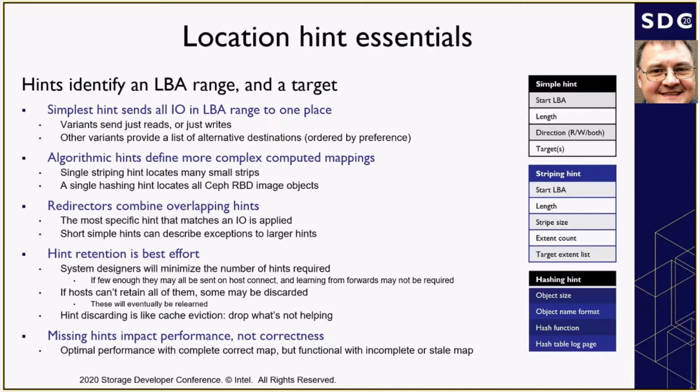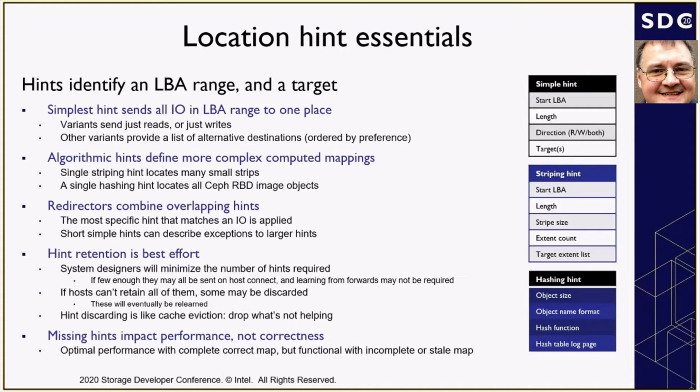So, like I said, location hints take many forms. The simplest sends an entire range to one place. And we've actually implemented that in the reference implementation. We anticipated variants that might map a range to a list of alternatives ordered by what the DVM would like you to do. That might be multiple alternative addresses for the same host over different fabrics. So if you don't have an RDMA connection, then the second most preferred thing would be to use the TCP connection. Or in some hypothetical cases, the distributed volume manager that spans racks, for instance, might be aware of its host's placement and might give them different answers based on where they are, so they can read from the nearest